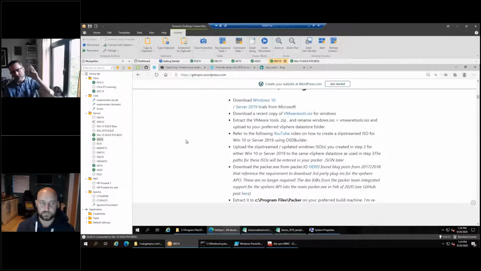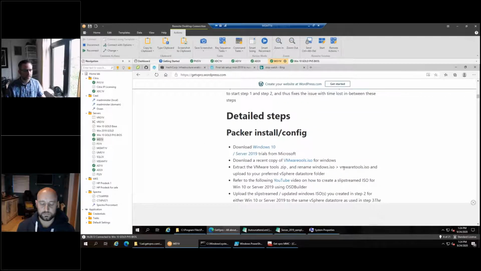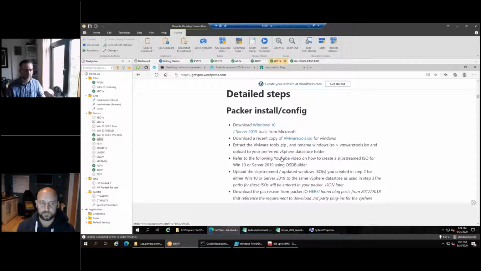So you can take a Windows. I've done it with 2012, 2016, 2019, and Windows 10. You can take the ISO from Microsoft. You can download an evaluation version or a licensed version, and then you can slipstream in updates. I'm not going to cover that on today's call, but I do include it on my blog post. There is a YouTube video which covers